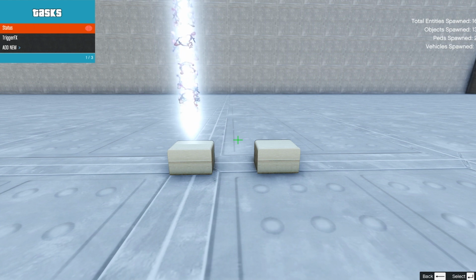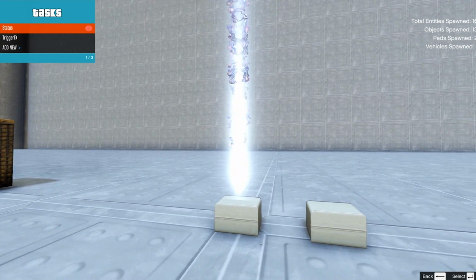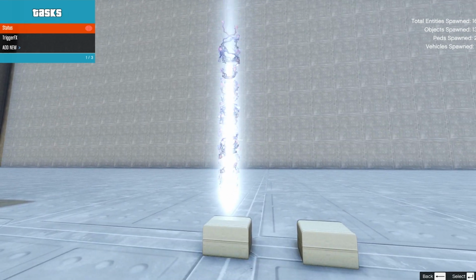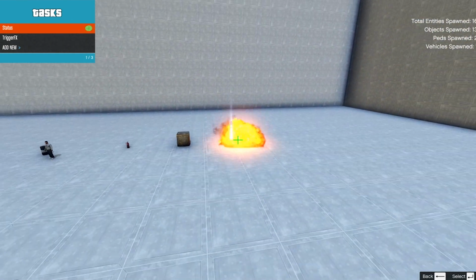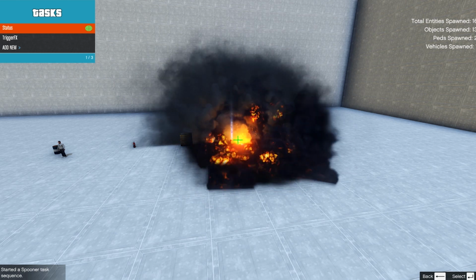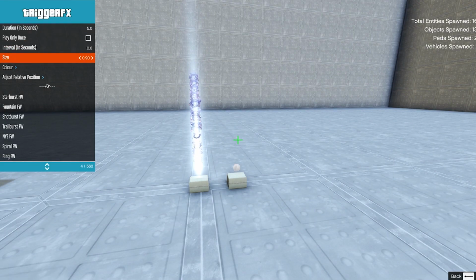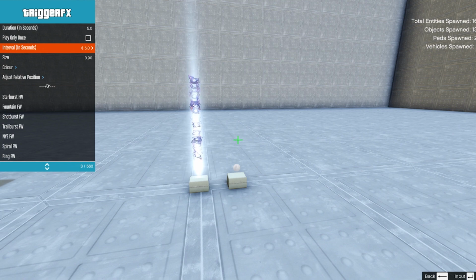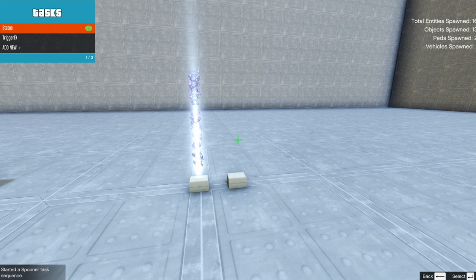Secondly, you have to be aware that some of these effects are very performance hungry and may crash your game. Like I said, if you make a task sequence, it loops indefinitely, creating many instances of the chosen effect. For something short like this muzzle flash, it doesn't make a difference, but look at this large explosion. It spawns over and over, and since this effect goes on for pretty long, it layers multiple instances of it. This is why for trying out different effects, you should set the duration and interval to something like 3 to 5 seconds each. This will prevent the game from crashing.